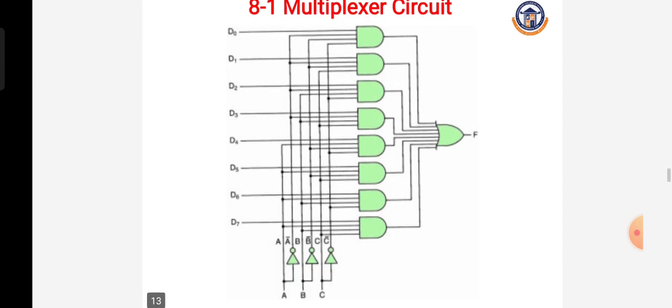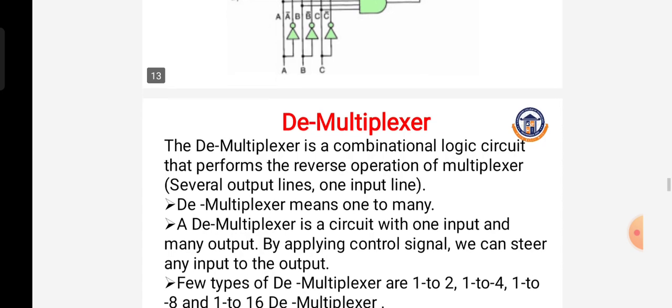So this is the 8x1 multiplexer logic diagram. Okay. So next